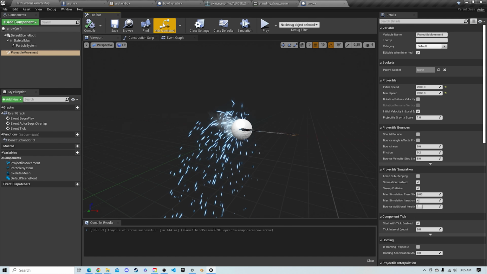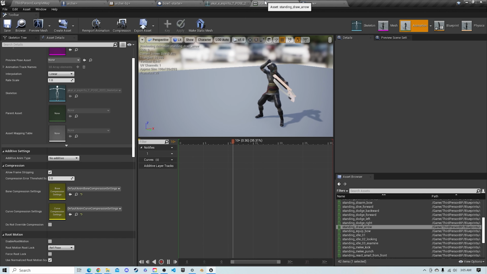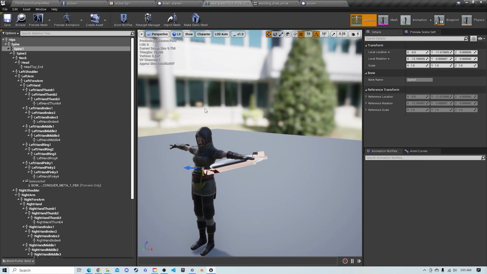What we're going to do now is create the actual socket for the projectile to emit from or project from. So now we're going to go over to the skeleton of the character that we're using. And we're going to do this on the left hand that the bow is holding, because I think that's going to work out best for us right now. It might not, and we might have to change it, but it'll at least give you how to do and